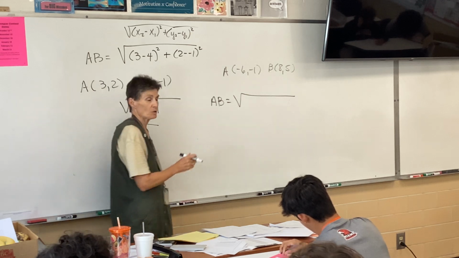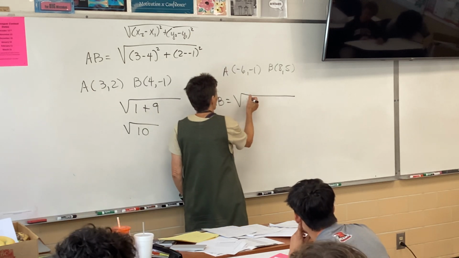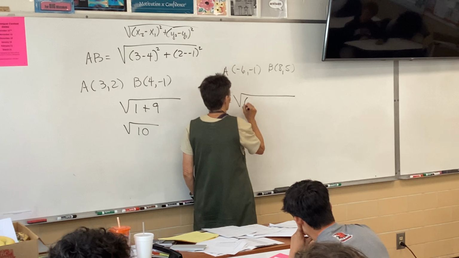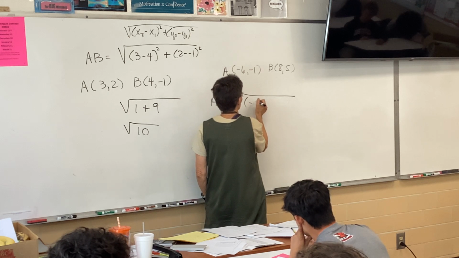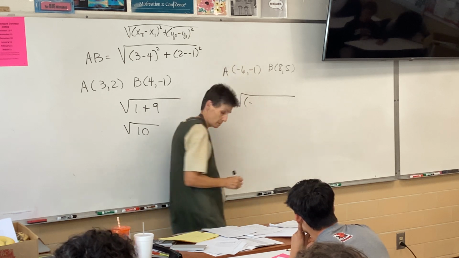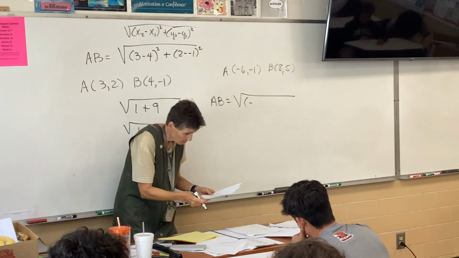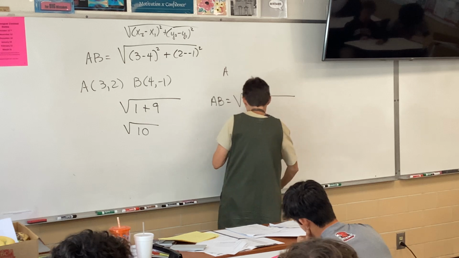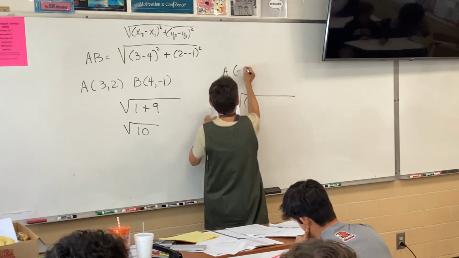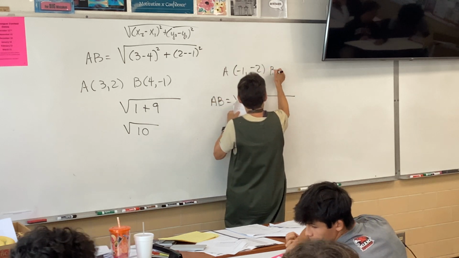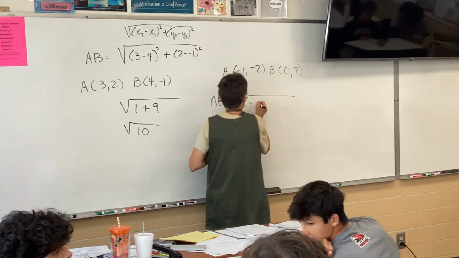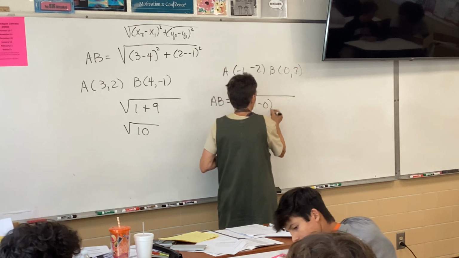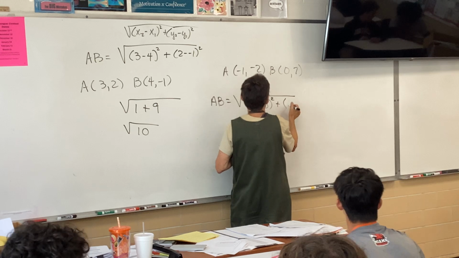Lexi, tell me what you wrote on your paper. I got square root of 80. Oh, okay. Parentheses, negative 1 minus 0. I wrote down the wrong problem. Thank you, Lexi. Let me catch up a second. I wrote down the wrong problem. Okay, you said negative 1 minus 0, squared, plus negative 2